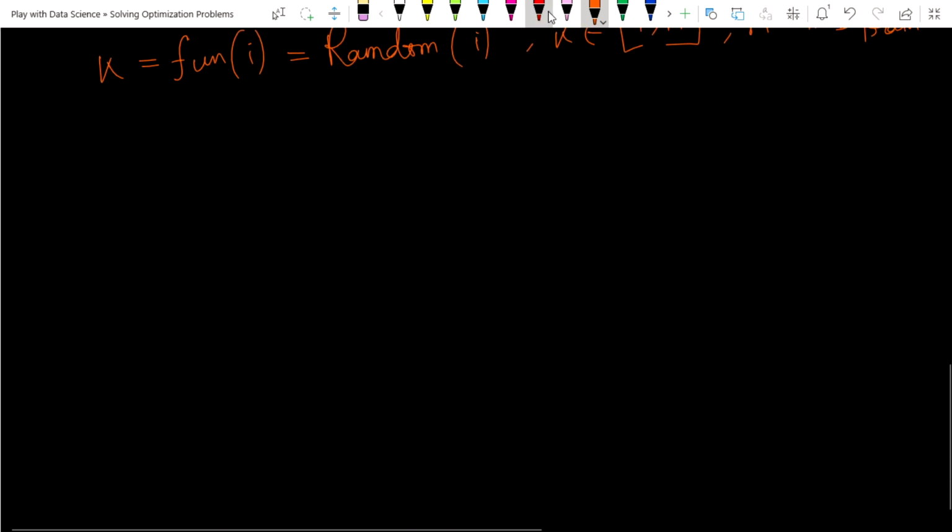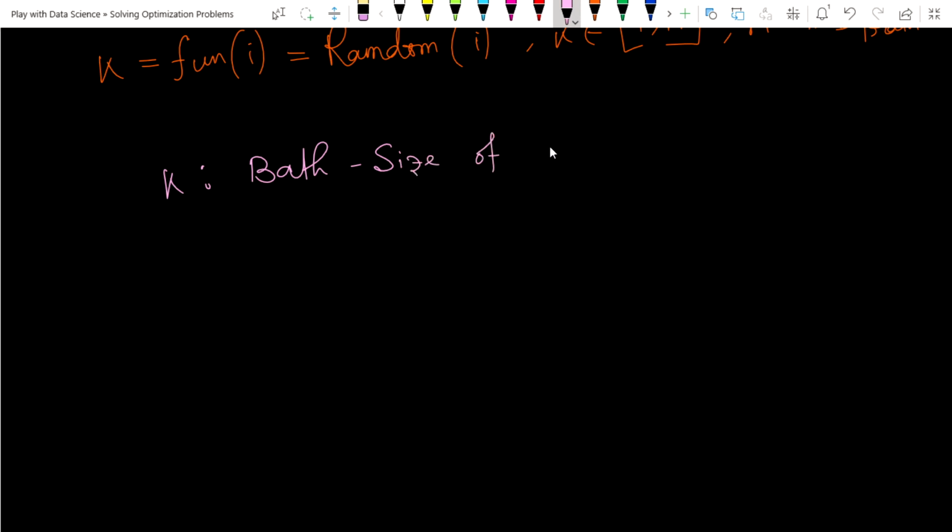So in many books, if you see, k is called the batch size. In many books and blogs, k is sometimes called the batch size of the gradient descent technique, stochastic gradient descent. So here, batch size of what? Batch size of random points.